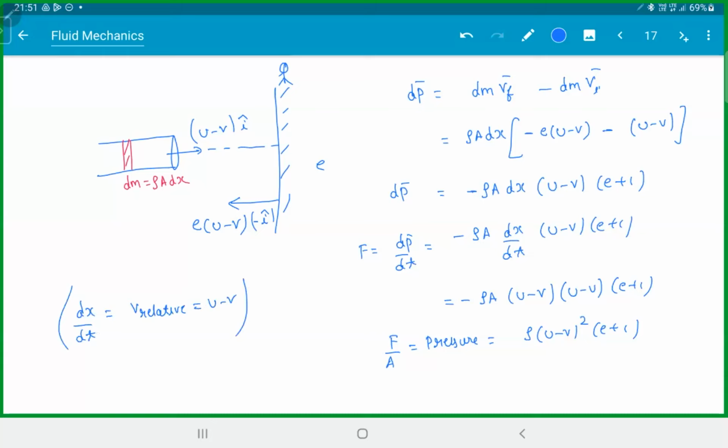Check how we did this. Are you getting this? If you just stop the wall, your life becomes easy. Wall is moving, liquid is moving, it becomes very confusing. Stop the wall. It will be easier to see from that perspective. Any doubts on this, please ask me. Everyone clear with this? Perfect. Then,